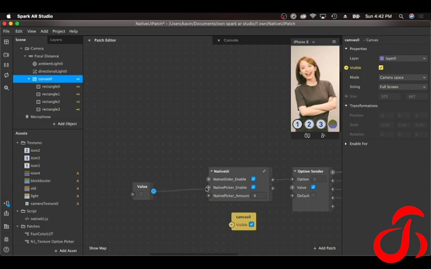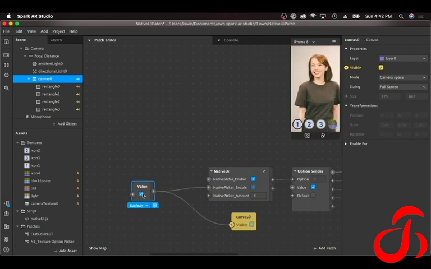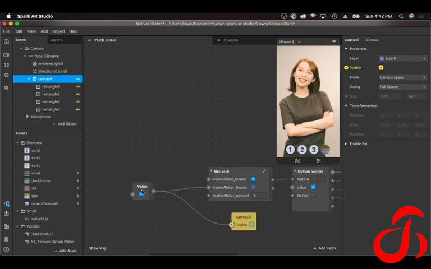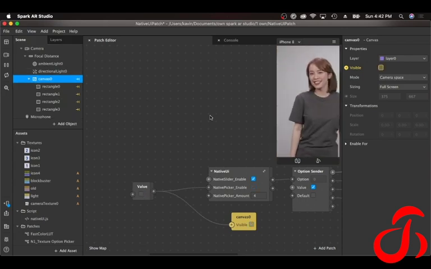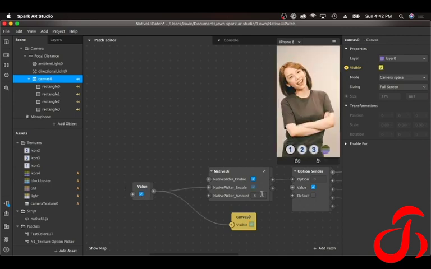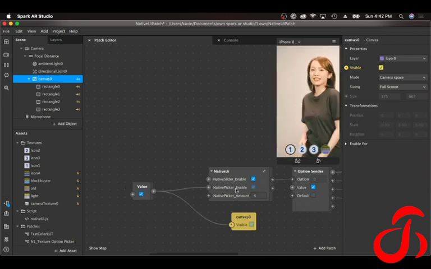So I can just connect it to this. If I activate this, you will see the native UI is also activated. So while clicking this value, you can just hide these elements also, as well as activate the native picker on your patch editor.